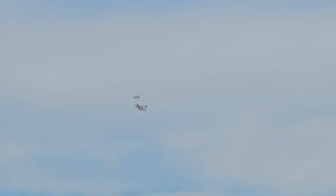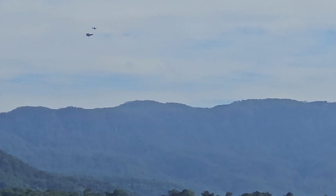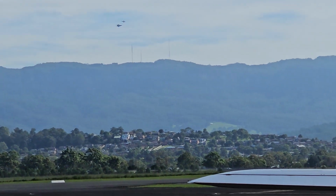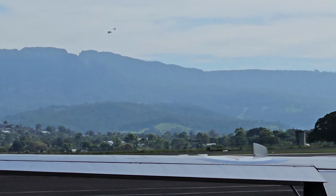Now get your cameras ready, ladies and gentlemen. The aircraft are going to come back in and undertake a bomb burst in front of the crowd. So get those cameras ready. This isn't the end of the show by any way or means. Straight after the heritage flight, Bunga is going to go into his solo display routine,